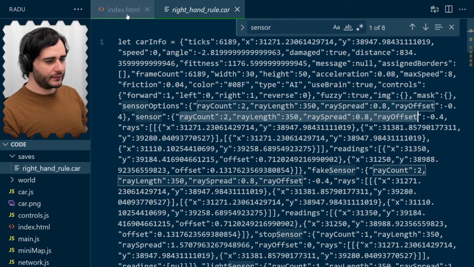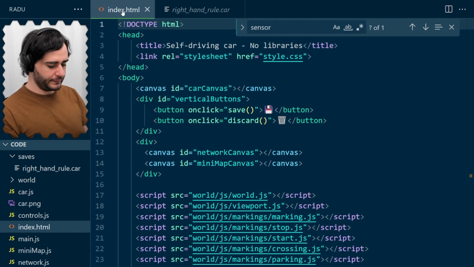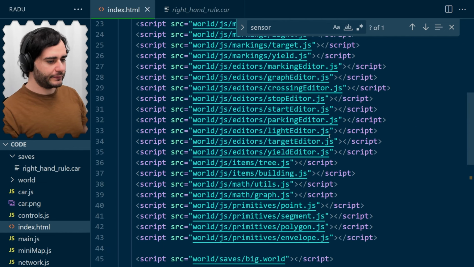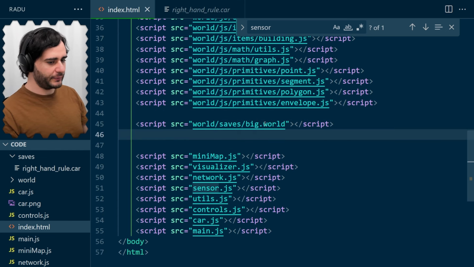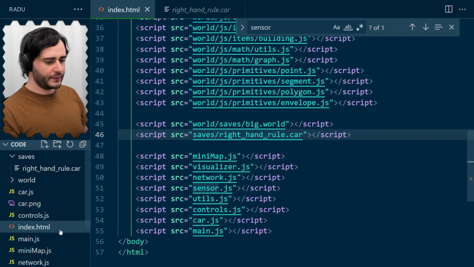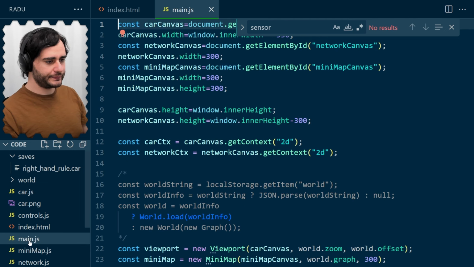So let's go back to index.html here and load the car just here beneath the world. So it's going to be included like a basic JavaScript file, right-hand rule.car. The extension is just to mark that it's a car file. And let's save this and go inside main.js,